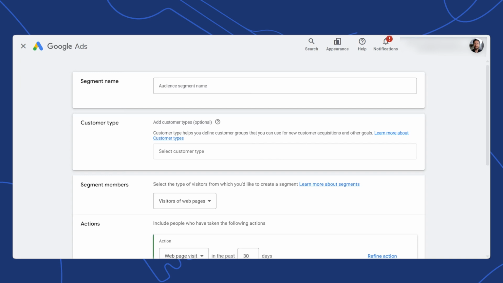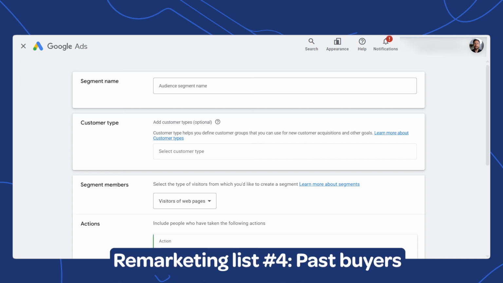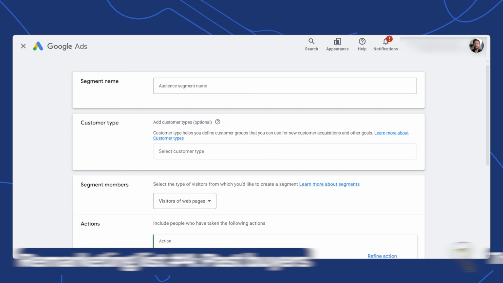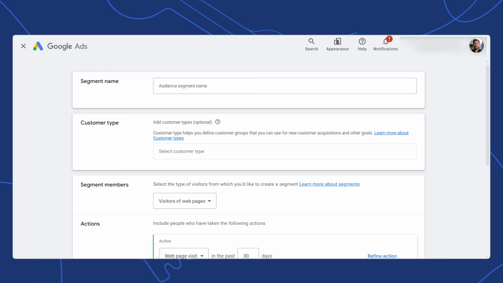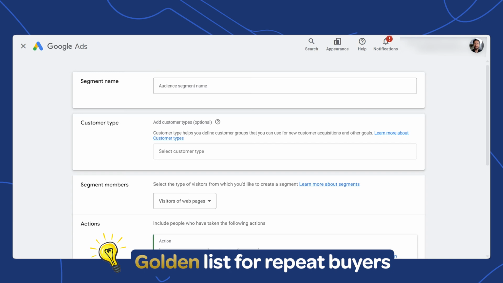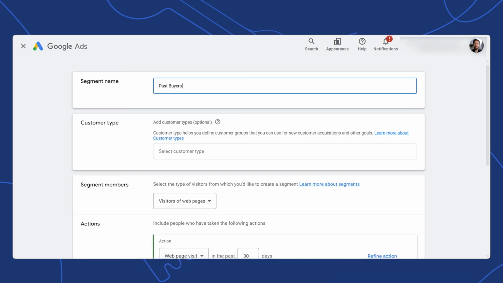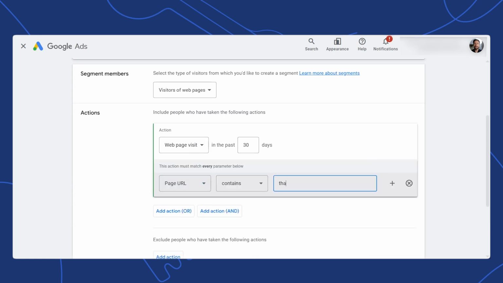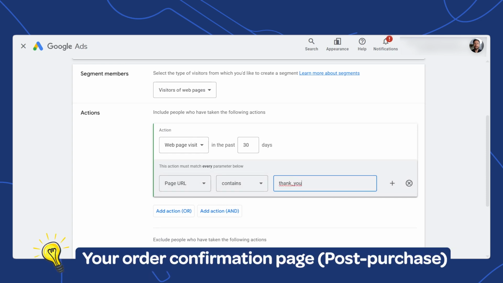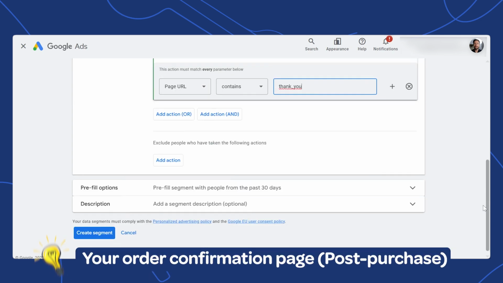Next, let's move on to creating your past buyers segment. These shoppers are officially your customers. They know your brand, they've trusted you, and they've made a purchase. If your store relies on repeat buyers or customer retention, this is your golden list. Let's set it up. Create a segment, name it Past Buyers 30 Days. Under Actions, choose Web Page Visit in the last 30 days. Refine the action by setting the page URL to contain Thank You. This is usually your store's order confirmation page after a purchase. Once that's done, click